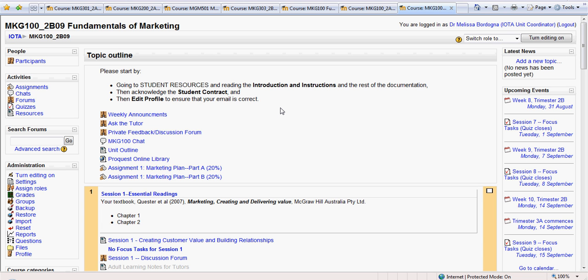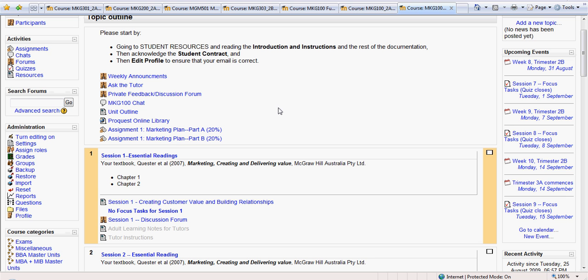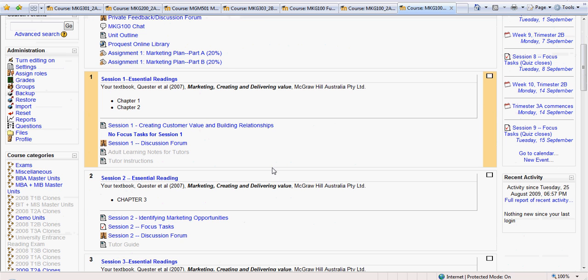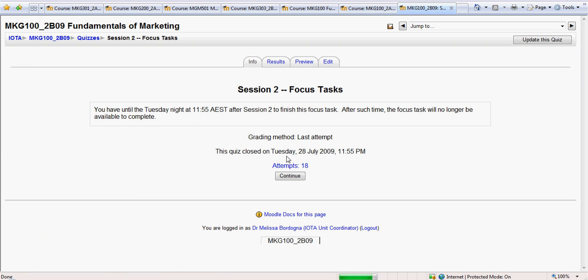course content. So in this instance, you will see that there's no focus task for week 1. There is a focus task for week 2, and if you were to click on that, at this stage, this particular class has been in session. You see here that there were 18 attempts. Now, what you want to do is hit results when you go to mark them,